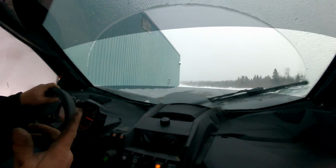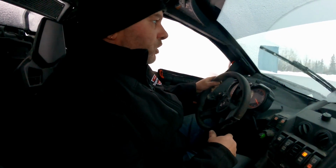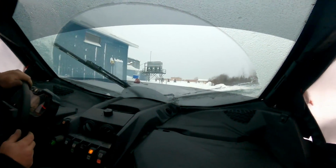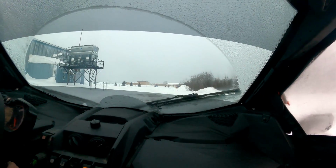With the EVO tune, I find that the intercooler fan goes on really easy and often, so I don't even know if you would have needed a switch like that. But yeah, so anyways, we'll give you guys a quick outside look of what it looks like. I don't know if it's going to do much, but